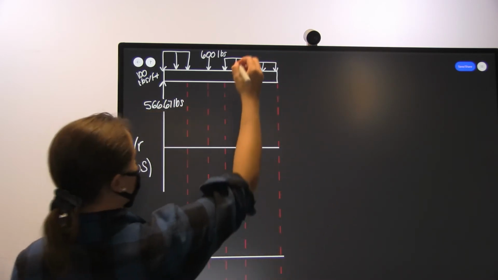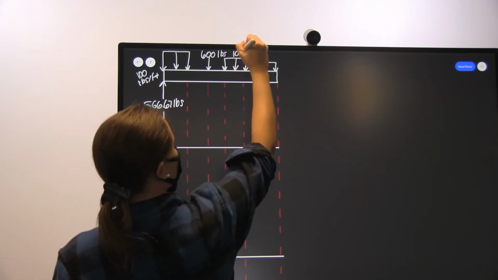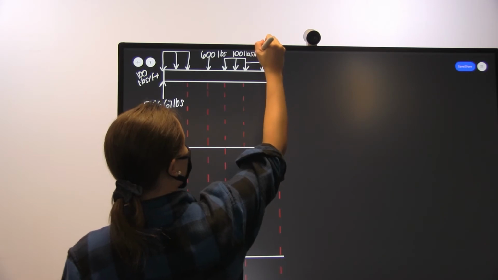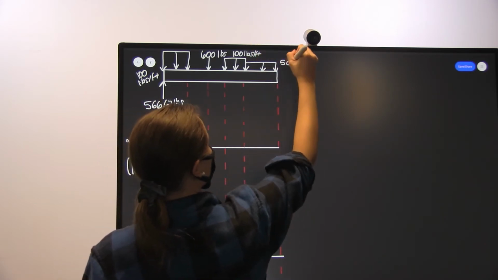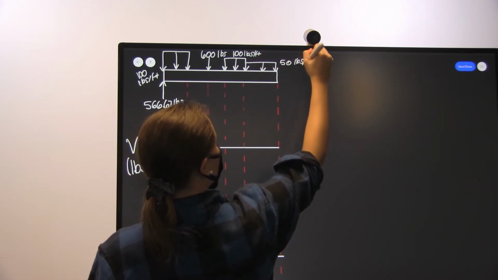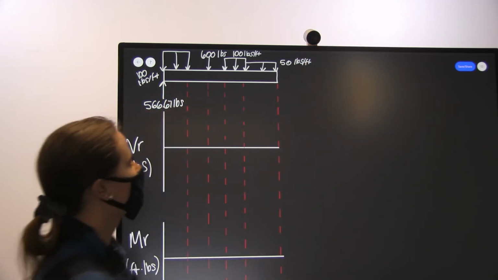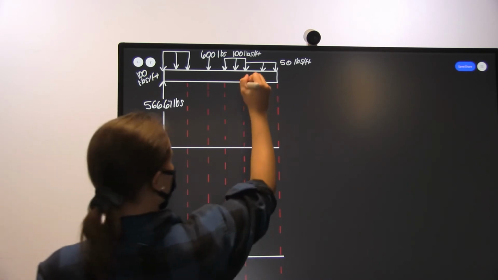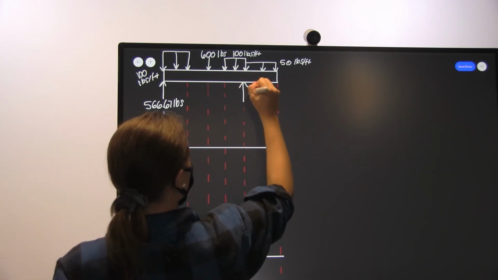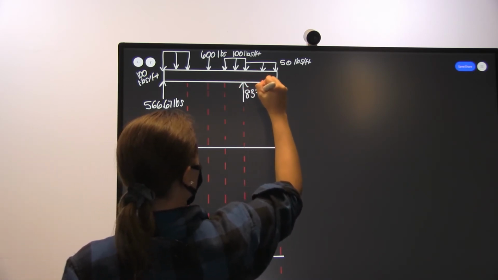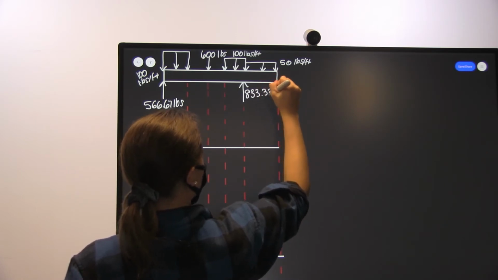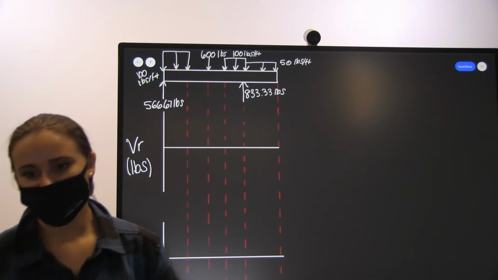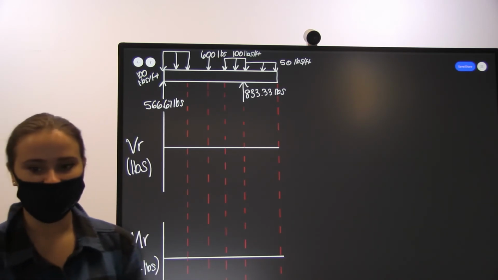And this one was 100 pounds per foot, and this one was 50 pounds per foot. And then we had another upward force here, and that was 833.33 pounds. Okay. So now that we have our free body diagram redrawn, we're going to go on to our